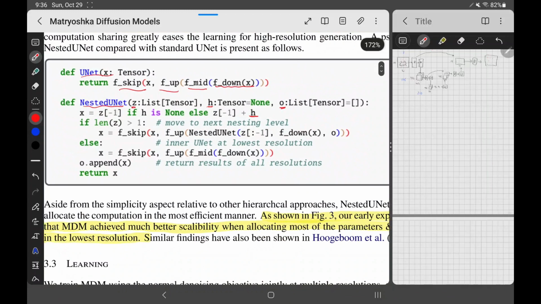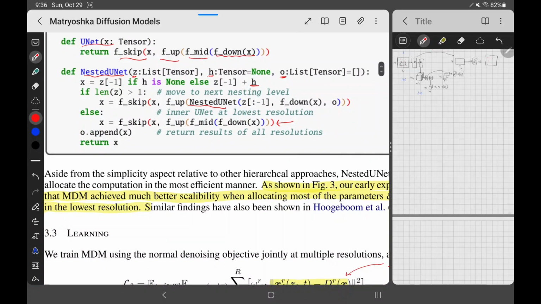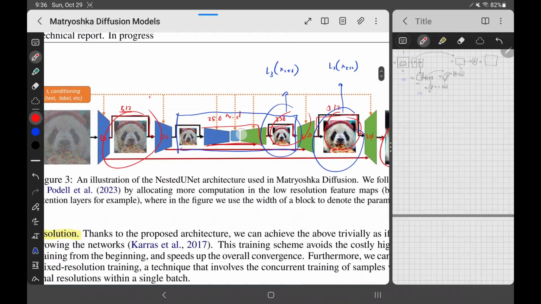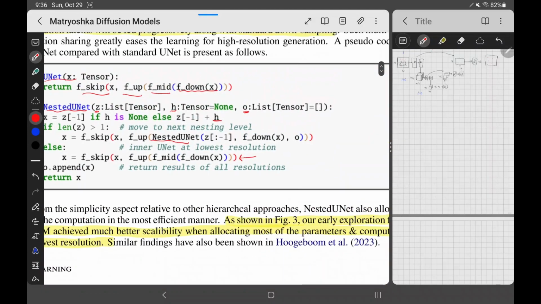Now, if we look at the innermost part of the recursive function, it basically represents this 256 part here. So it would just represent this part here. And then if we go one up in the recursion